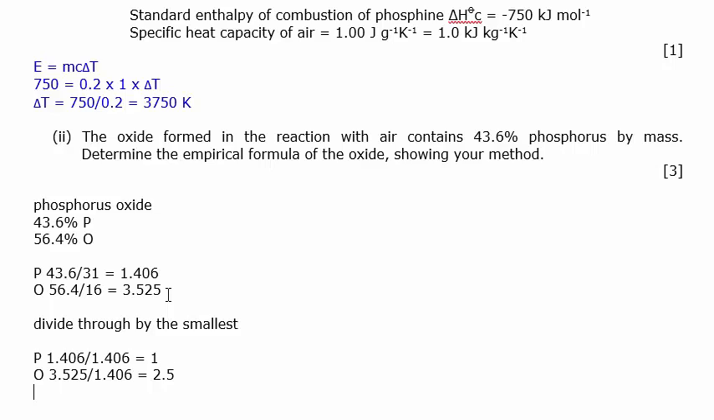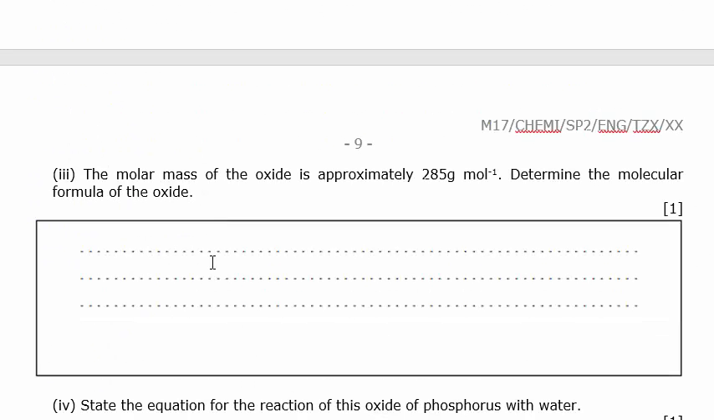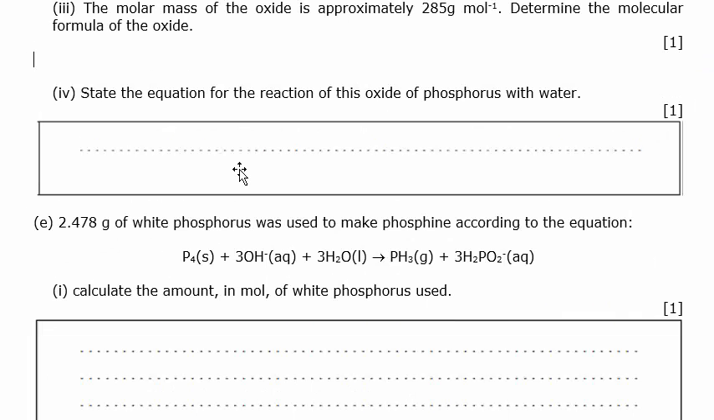Alright, so we should be able to see that now if we double both, that will give us P2O5, and that's the empirical formula. I want to put an equal sign there to show that this is the empirical formula. Alright, so you've got 3 marks for carrying out this operation. Now the molar mass of this oxide is 285, so what we need to do now,